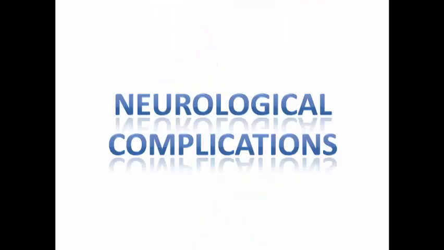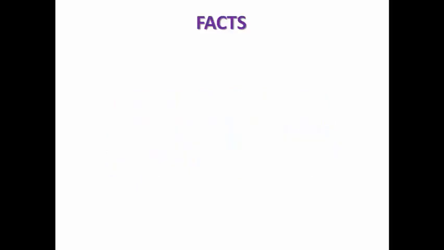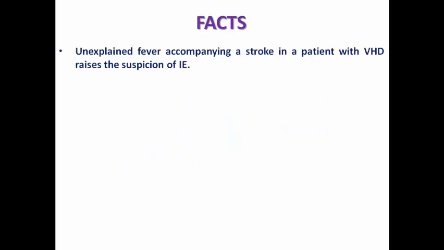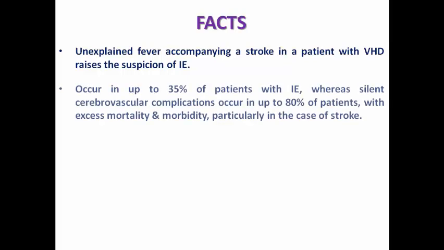After we discussed the indications of surgery, let's give some hints regarding the neurological complications. First of all, unexplained fever accompanying a stroke in a patient with history of valvular heart disease should raise a suspicion, of course, for infective endocarditis complicated by embolic stroke, which may occur in about 35% of patients of infective endocarditis. Sometimes they may be silent in up to 80% of patients. The patient is completely asymptomatic and does not report any neurological symptoms, of course this increases the